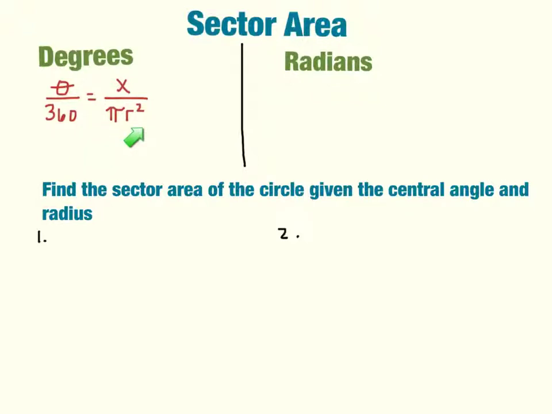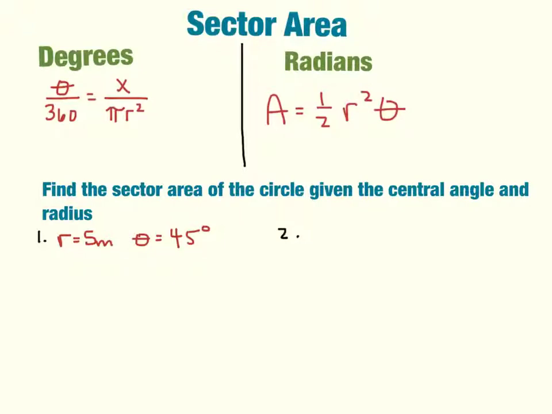If we're given radians, we can use a formula. The area is 1/2 of the radius squared times theta. Alright, so let's look at an example of each. Find the sector area of the circle given the central angle and the radius. So if I said we have a radius of 5 meters with a central angle of 45 degrees, find the sector area